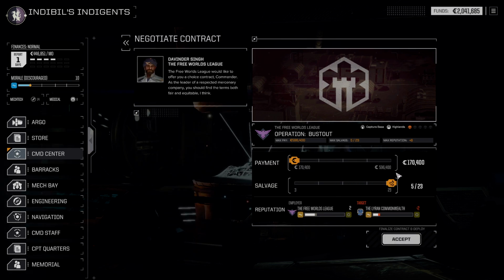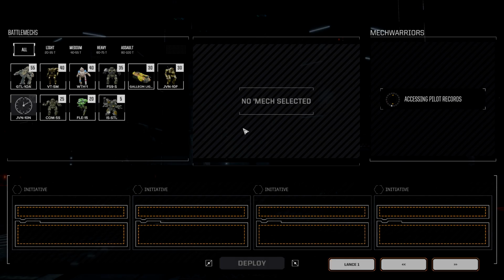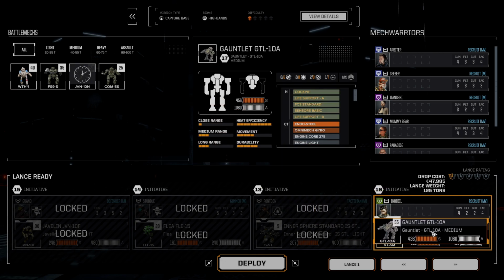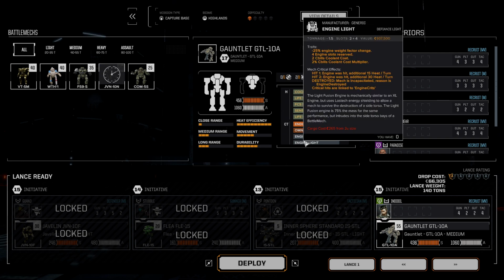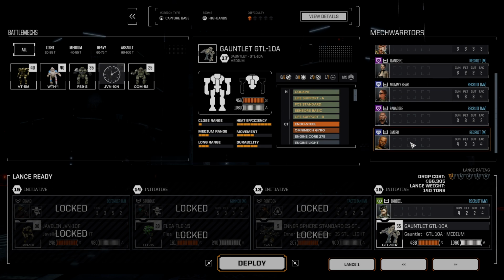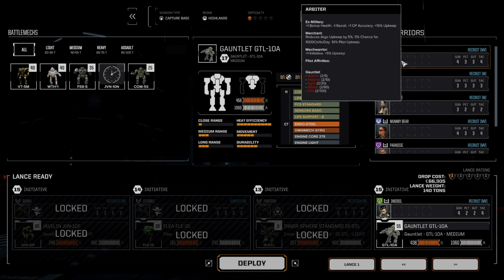We're going another time against Lyrans. We're just going for a base. Hopefully it doesn't have turrets, because that wouldn't be... Oops, that's a training mission. We could get into it with the gauntlet, and the gauntlet has been Arbiter's thing, so...